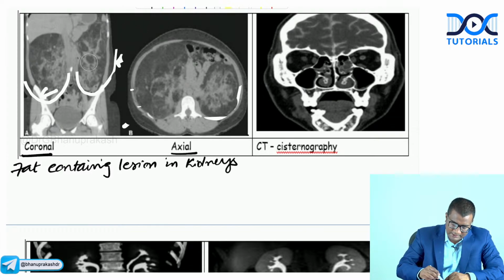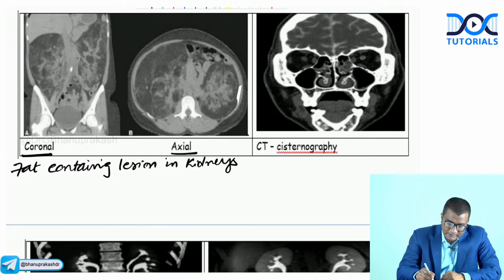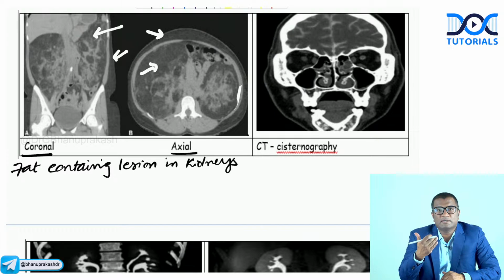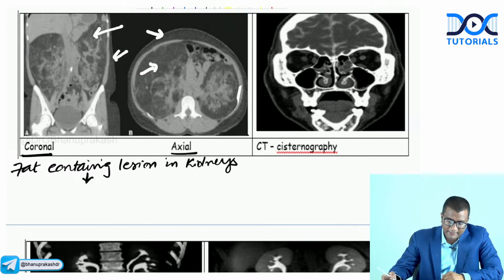How did we interpret that? First, we understood it is a CT scan image. The bones are white and the subcutaneous fat is black. Then we look at the kidneys. The kidneys are bilaterally enlarged and they show black, hypodense areas within, which are similar to subcutaneous fat on the coronal and axial sections. So we consider them a fat containing lesion. A fat containing lesion in the kidney, what do you think this is? Do you know any fat containing lesion in the kidney? This is